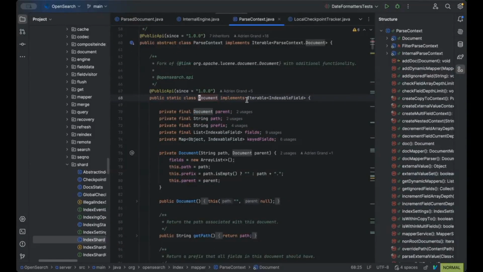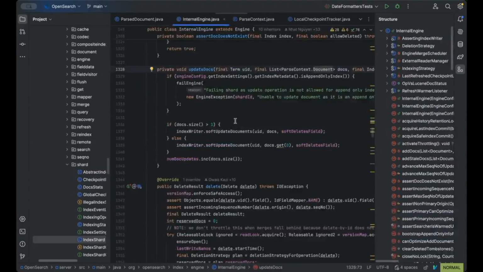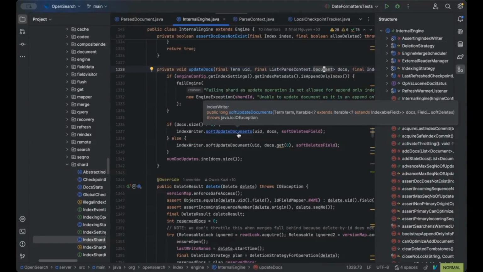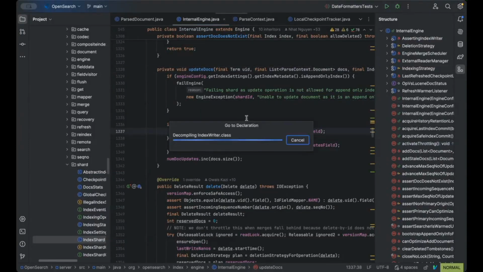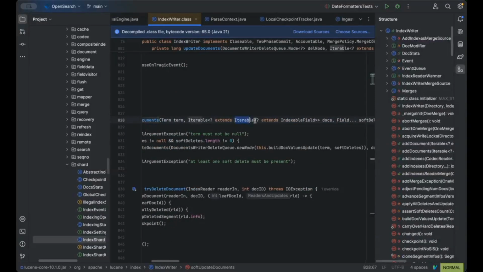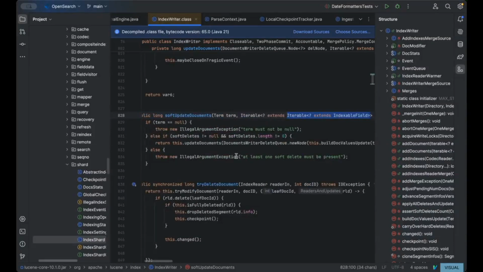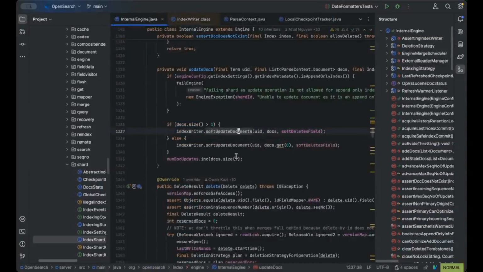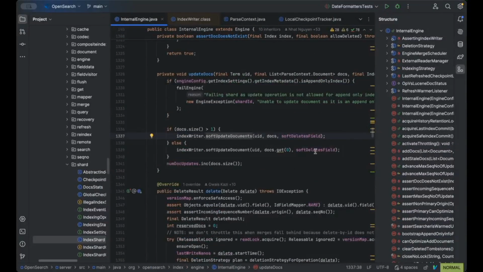Okay, yeah. The essential thing is that when you index a document, really all that Lucene needs the document to be is an iterable of indexable field. I don't have the Lucene 10 source code downloaded, but a document is an iterable of indexable field. A document is essentially just a list of fields. So in this case, because we potentially have a block of documents, here's where we do the block join behavior,